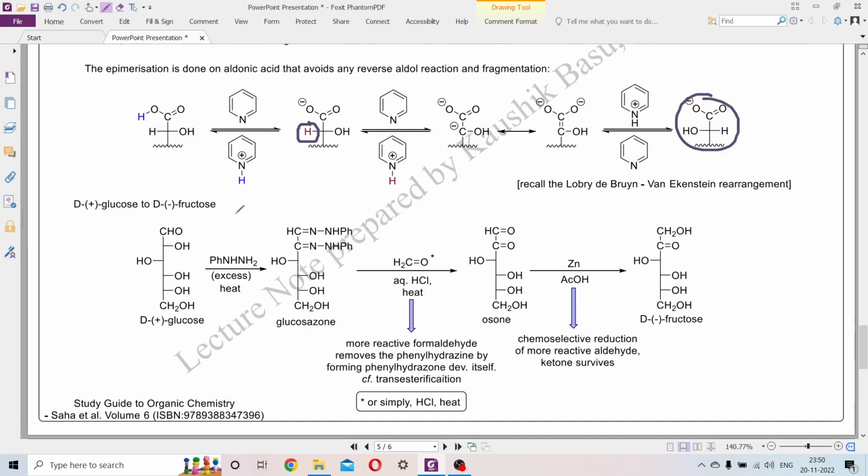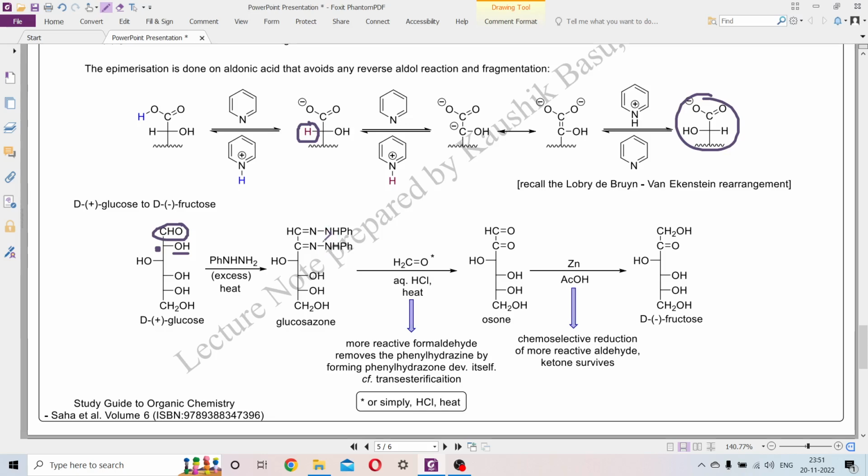Next up is D-plus-glucose to D-minus-fructose. So that's an interesting conversion in a sense that we are trying to reduce this to CH2OH, and we are trying to oxidize this carbon to C double bonded O. So it's a sort of a redox process. So first you form the osazone. Treat this thing with excess phenylhydrazine under heating conditions so that osazone is formed, and then with osazone you